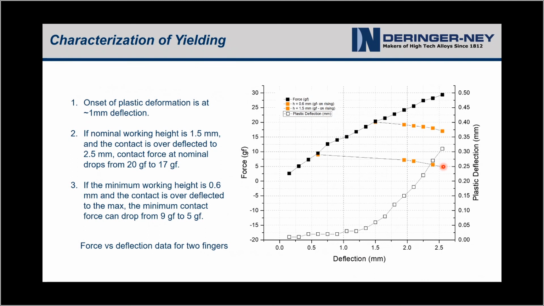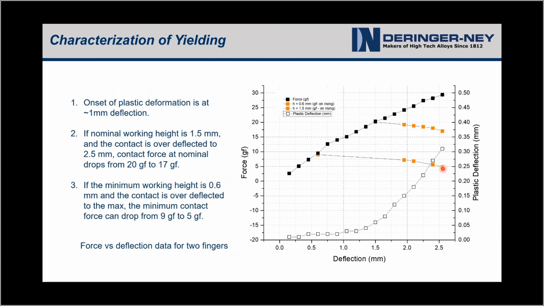And that's for 2 fingers in this particular design. So you've gone from a contact force at that minimum height that's within sort of the recommended minimum range of the 4 or 5 gram force per contact to something that's now below that